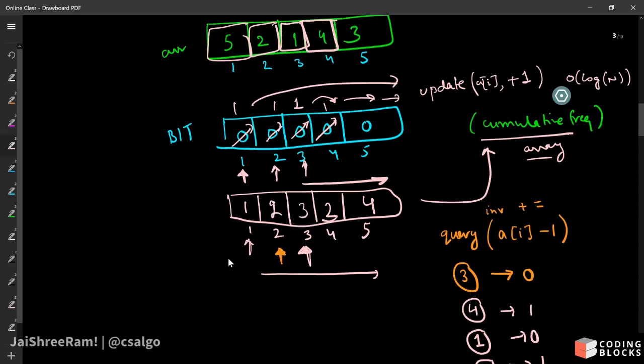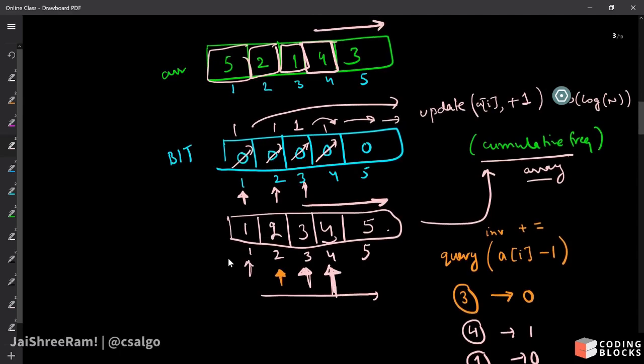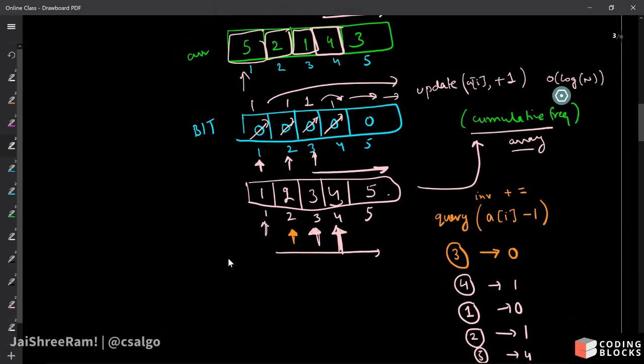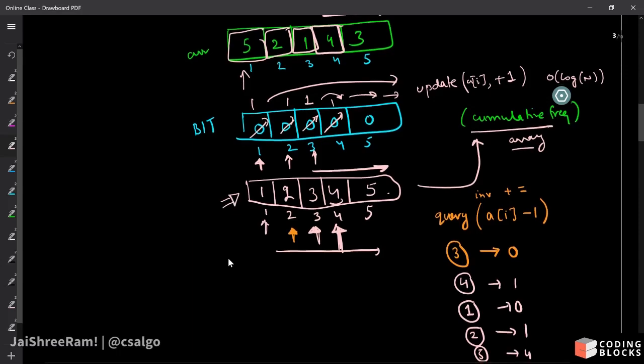ये नंबर हो जाएगा 3, ये नंबर हो जाएगा 4, एंड ये नंबर हो जाएगा 5। तो अब हम देखेंगे 5 से छोटा नंबर क्या है 4, तो 4 पे क्या पड़ा है, राइट, तो 4 पे पड़ा है 4, तो हमें पता चल जाएगा कि 5 के लिए 4 इन्वर्जन हैं। क्वेरी किया हमने, राइट। तो क्वेरी हमारी अगेन लॉग एन में चलेगी BIT के ऊपर, क्योंकि सम कर रहे हैं ना हम, ये बस समझाने के लिए कर रहा हूँ, बट एक्चुअल में ये सारा काम BIT के ऊपर हो रहा है, राइट। तो 5 के साथ 4 इन्वर्जन बन रहे हैं, कौन कौन से, 5 2, 5 1, 5 4 एंड 5 3, ठीक है।